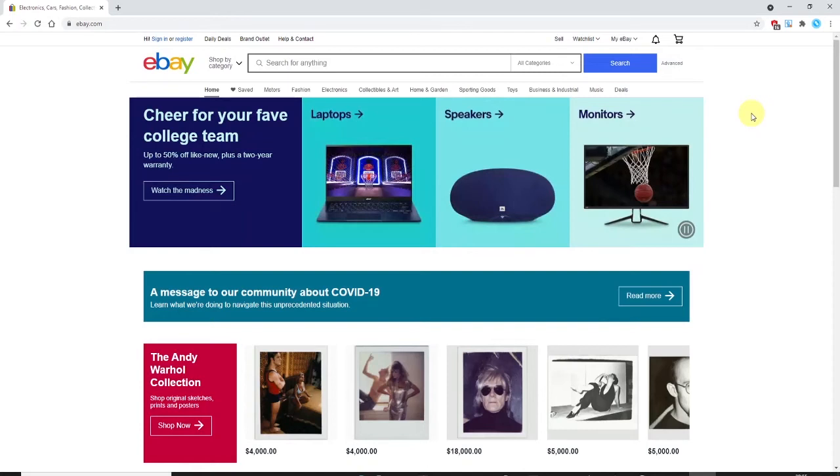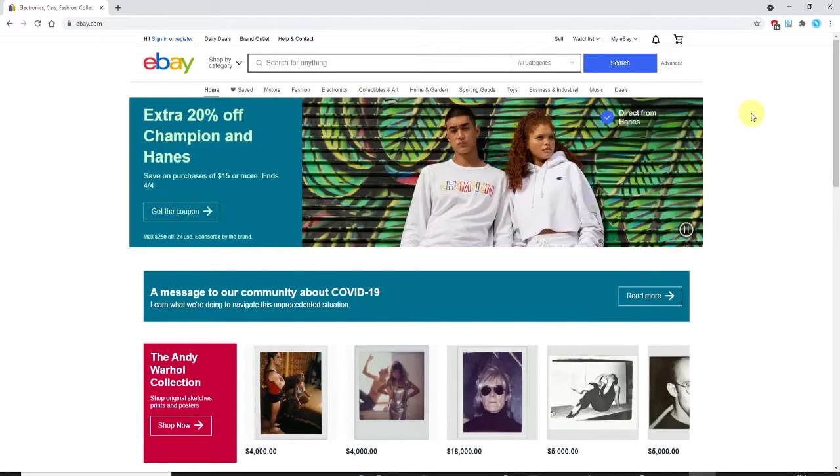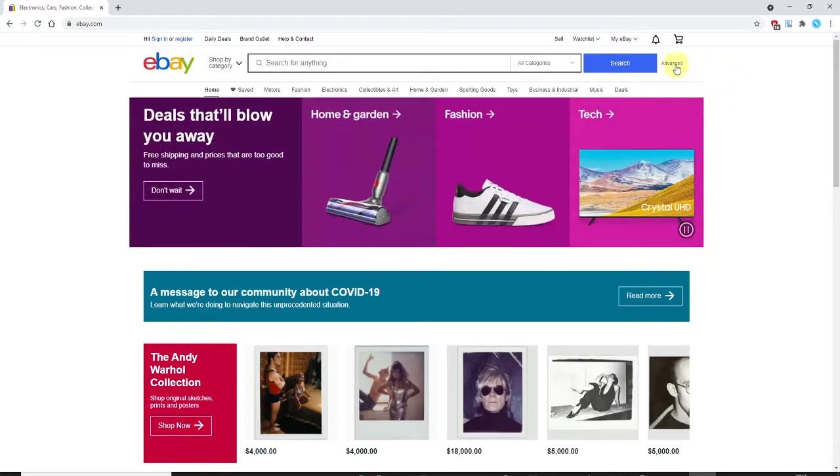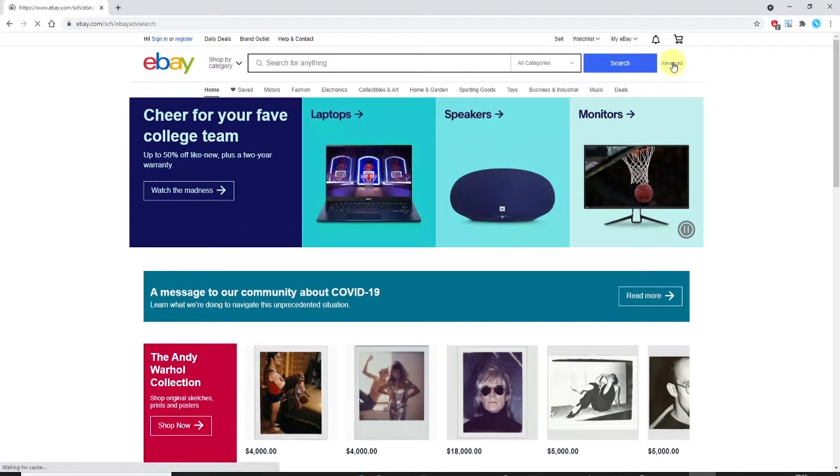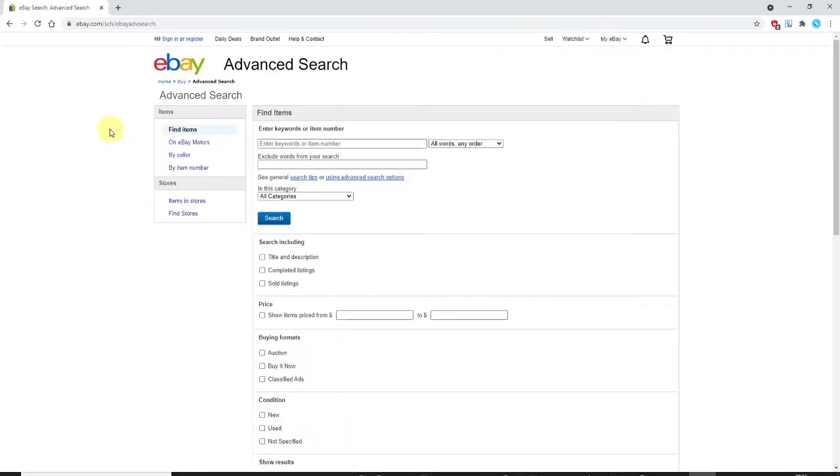How to search for a specific seller on eBay. On the eBay homepage, click on the advanced link next to the search button, and you are now on the advanced search page. Over on the left hand side, we want to find items by seller, so click on seller,